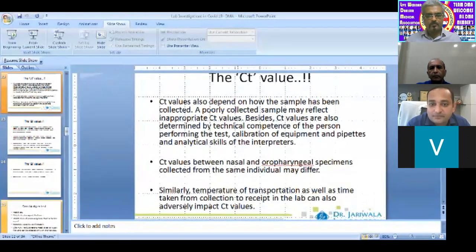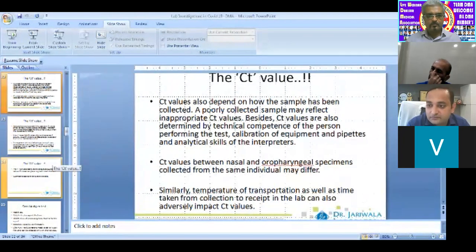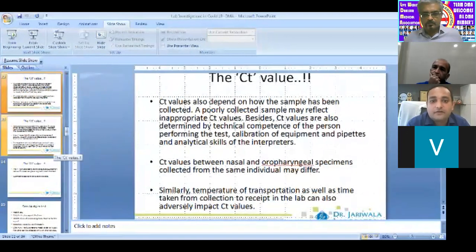Another important aspect in COVID testing is the sample collection. When we are collecting a sample, there are so many variables. You collect a sample from the nasopharynx, or from the oropharynx, and you have different individuals collecting the samples. Then the sample is transported. After transportation, the sample may be waiting for the test. And after that, it goes in for RNA extraction.